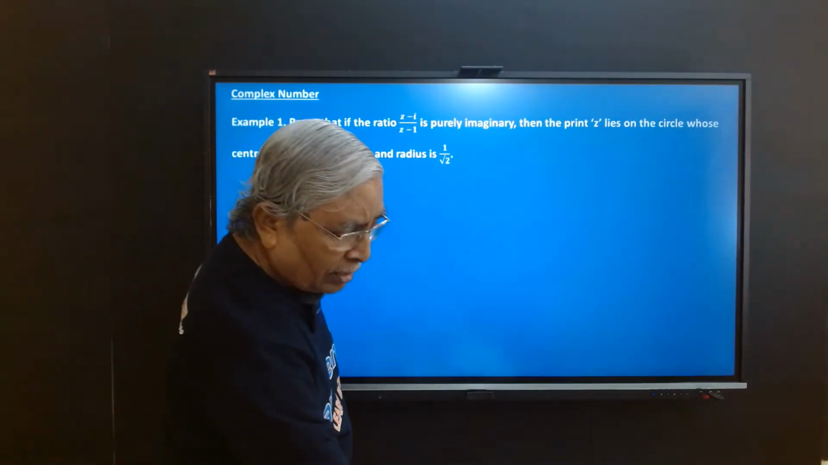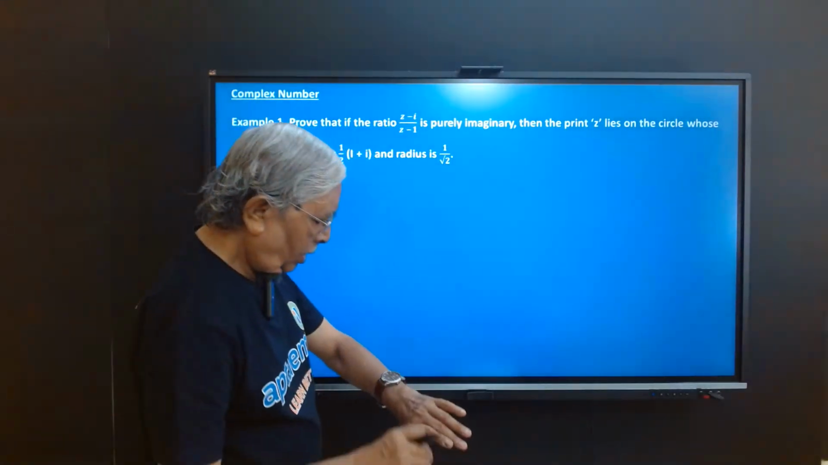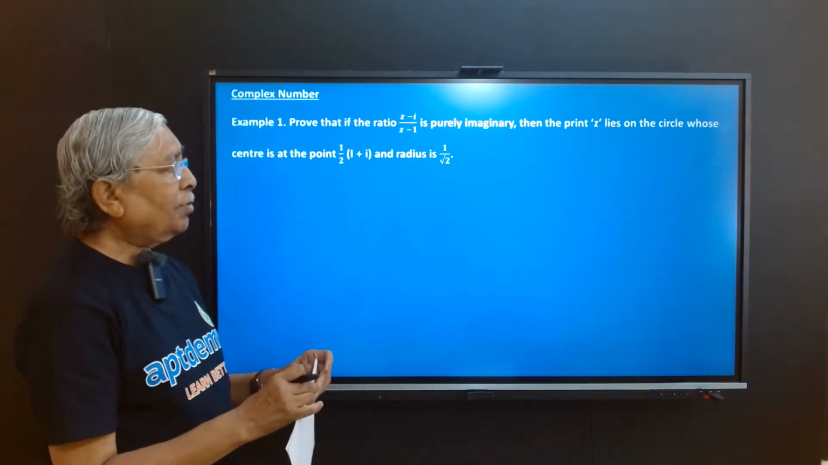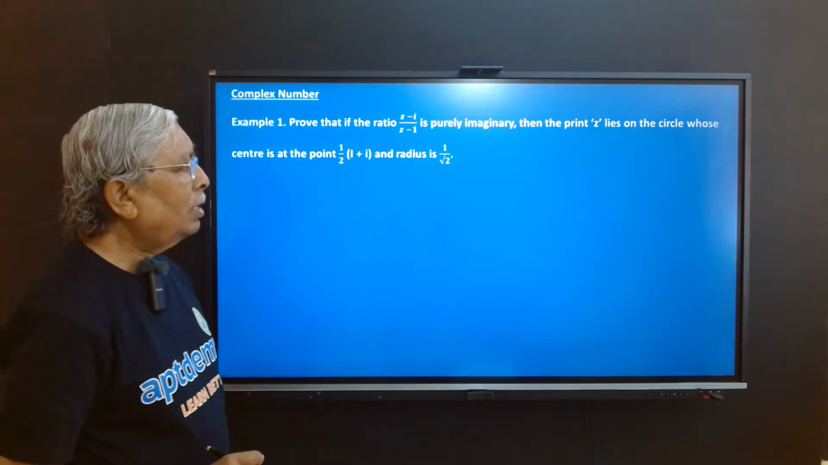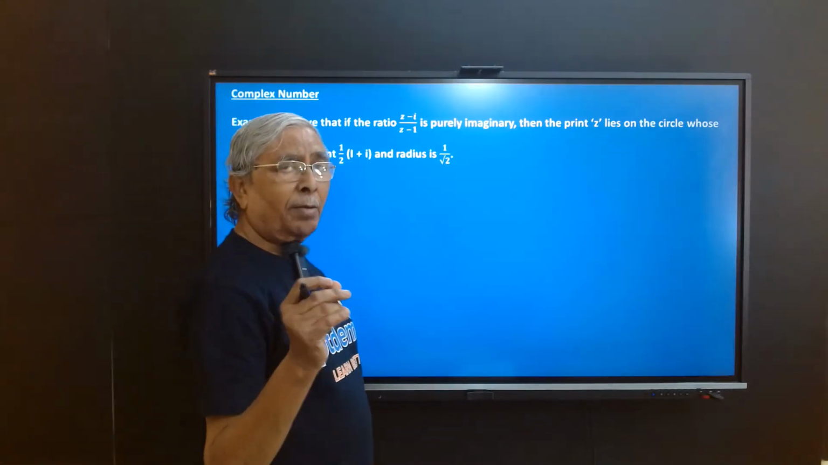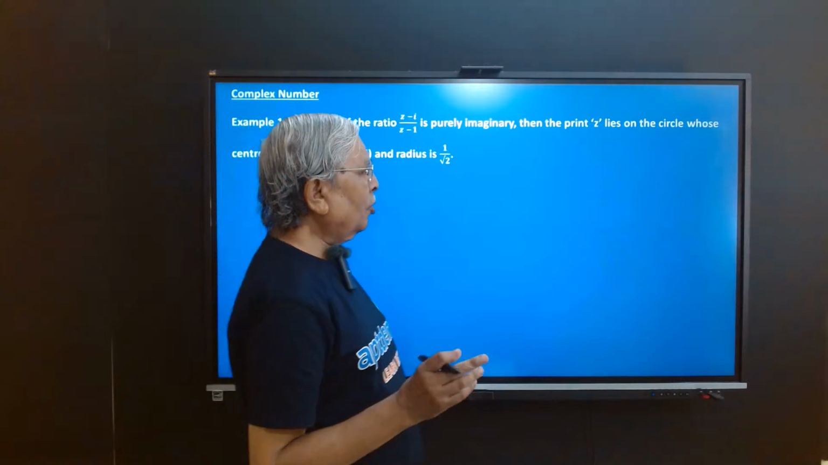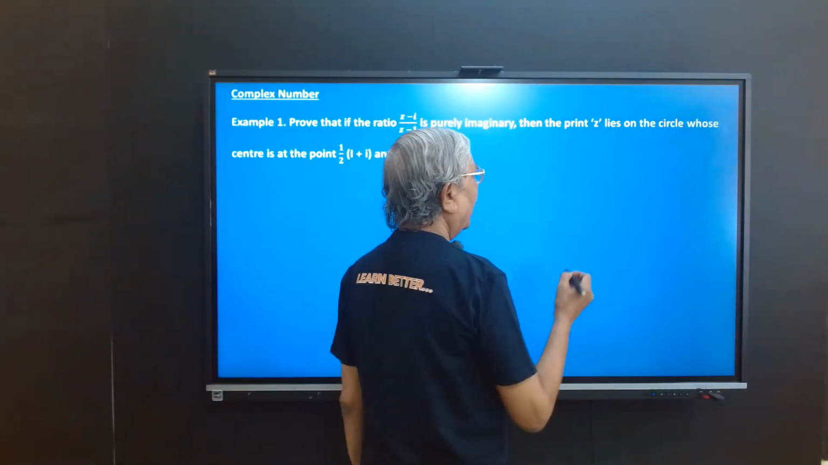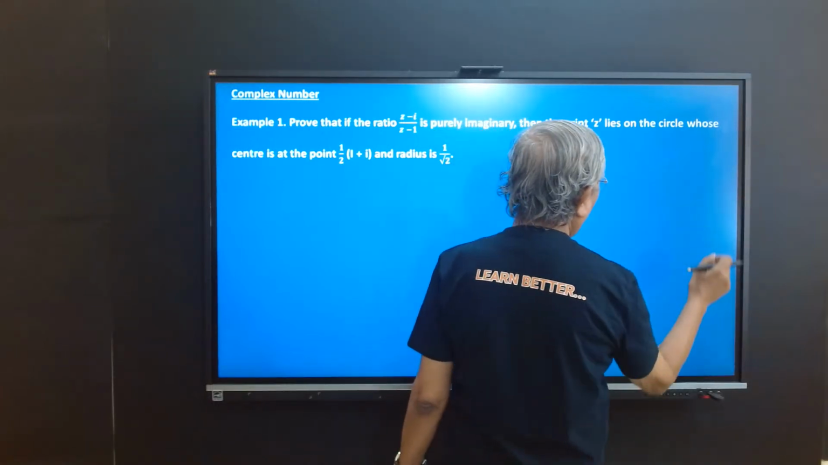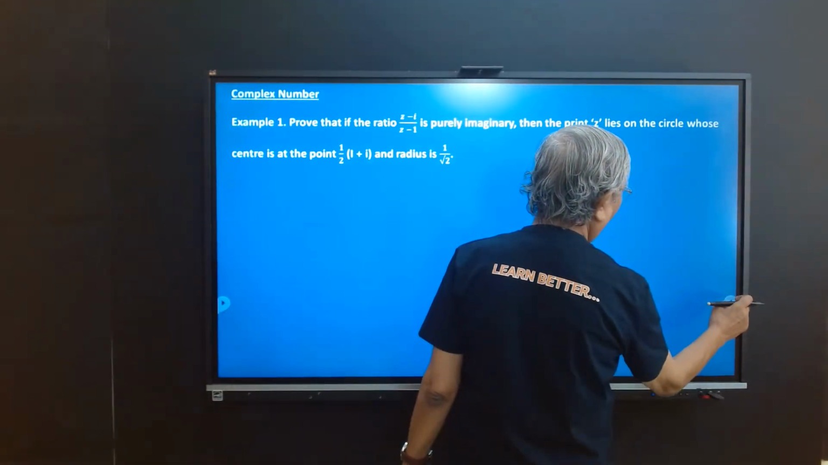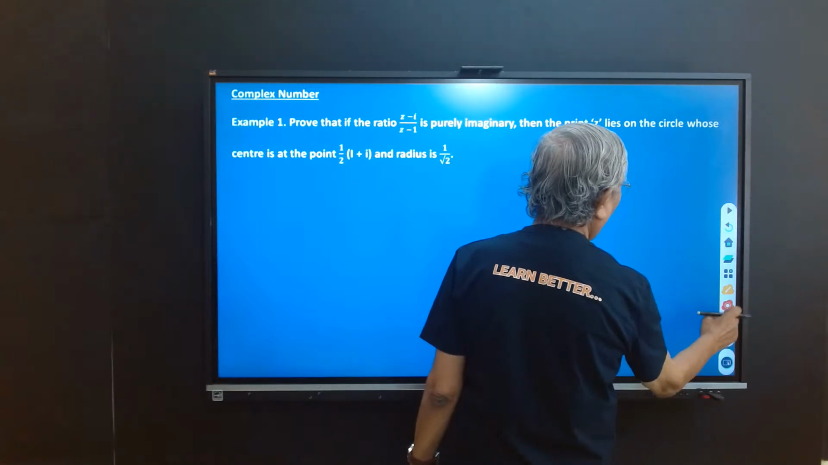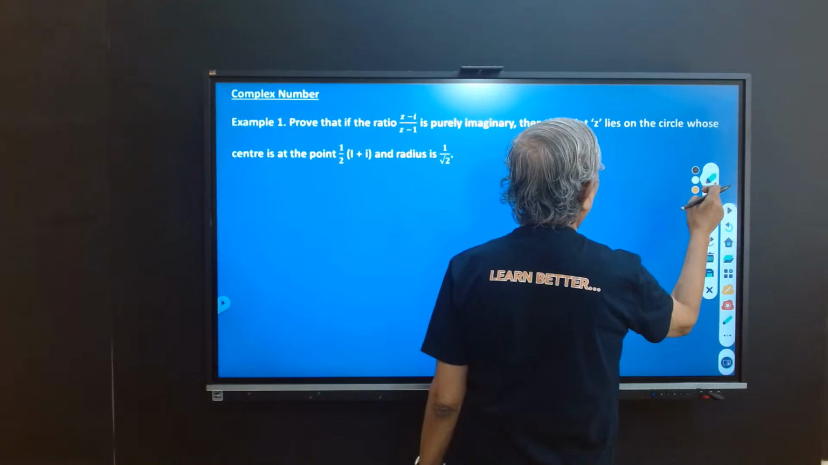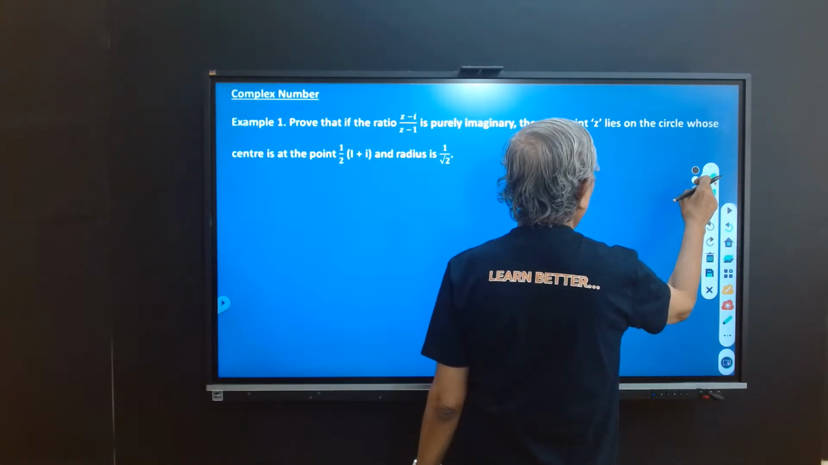Now come to the chapter on complex numbers. First, I'm giving the definition, modulus and amplitude. A number that can be written in the form p plus iq, or a plus ib,